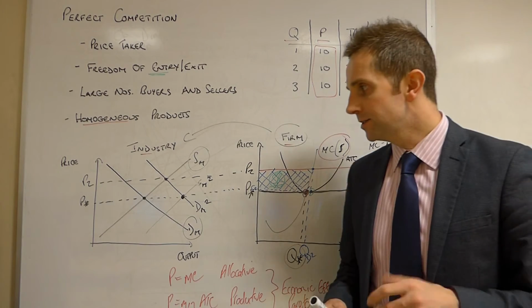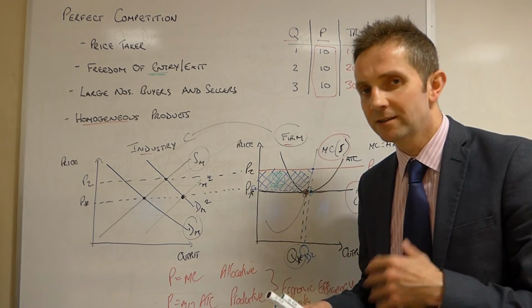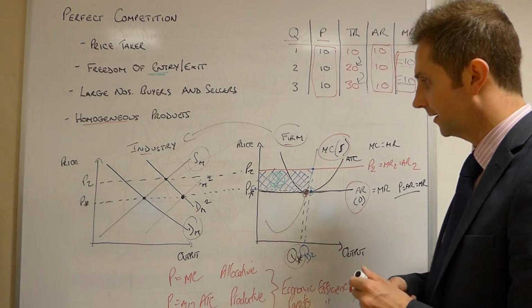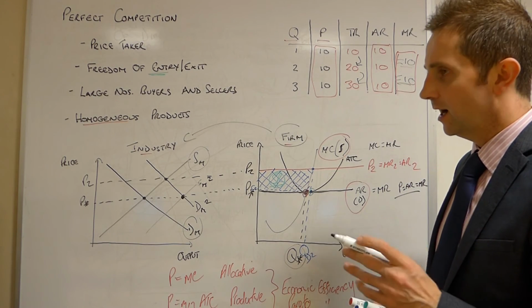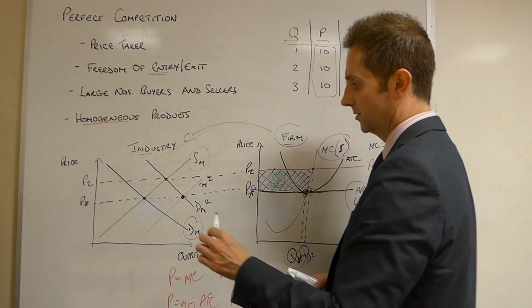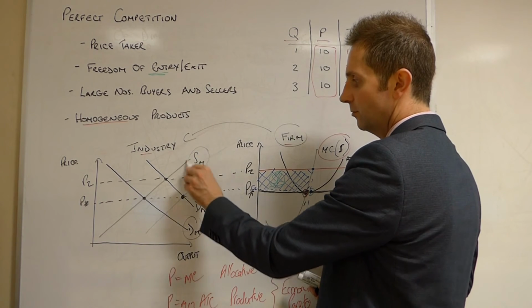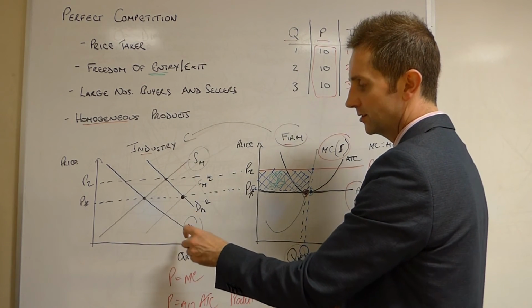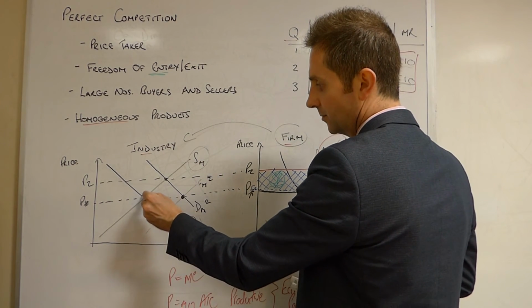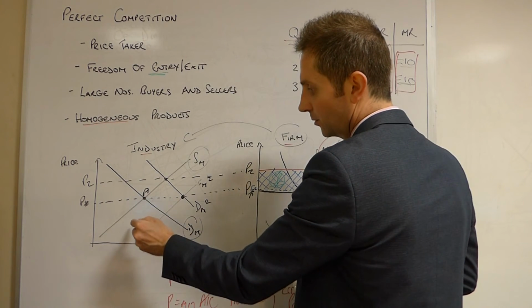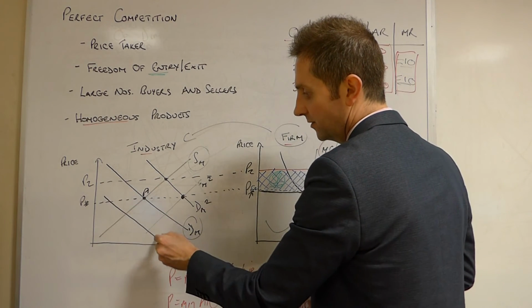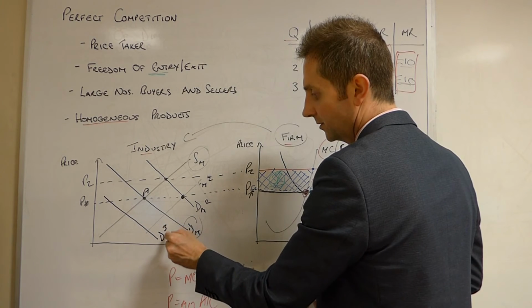The other scenario is, and the diagram is going to get slightly complicated here just because I'm going to put them all in the one diagram, what if we had a reduction in demand? So again, I'm working from the original supply curve, the original demand curve. So this is my starting point here, and this time I'm going to shift the demand in this direction. So it's D3 in this case.